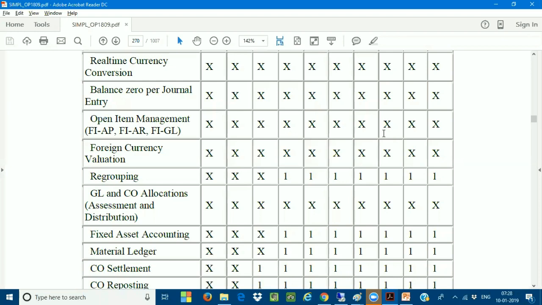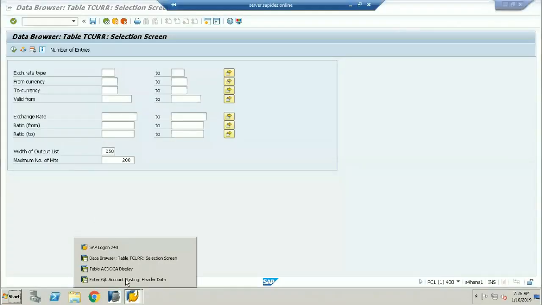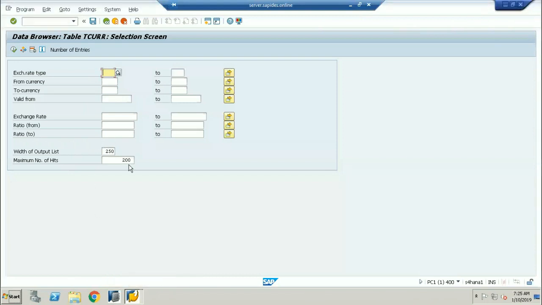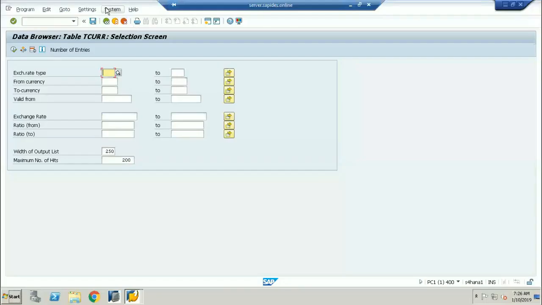Till now I have not shown any practicals about the freely defined currency. I just showed an example here, but we have not created any newly defined tables as of now. That we'll do in the coming classes. We have not explained the concept of freely defined currency and the conversion factors yet, because there are some settings we have to do. So based on the conversion, here, whatever the currency types you are defining.